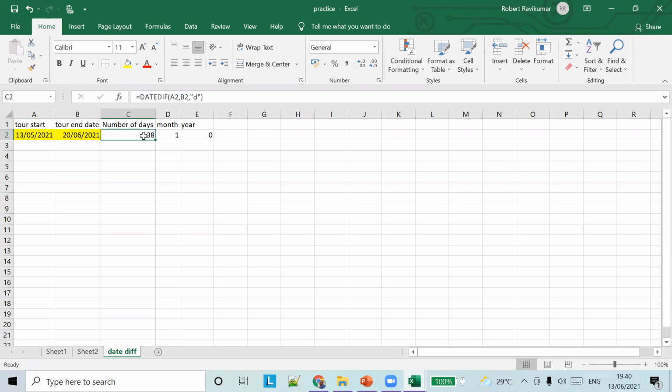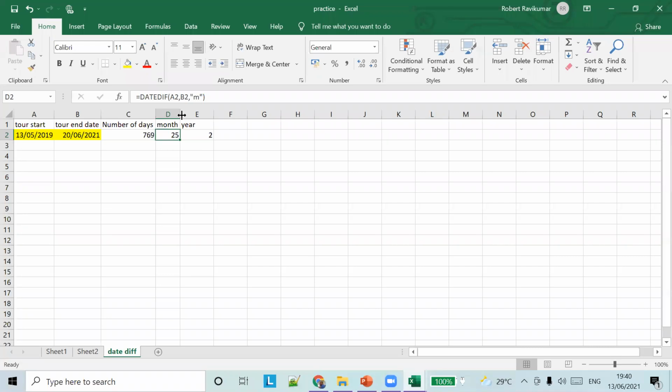So Excel automatically calculates all these things. If I change the year to 2019, the days also increase because the gap is too long, the months also increase, and the years also increase. You guys have to understand the formula first. It's a single formula.